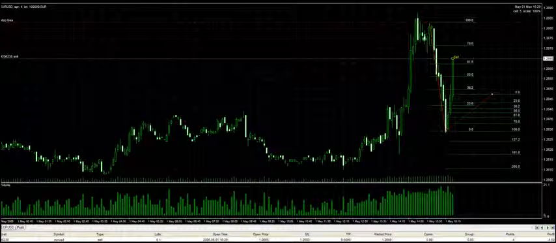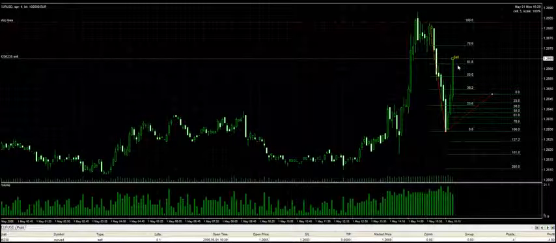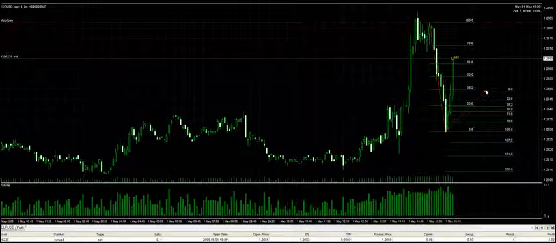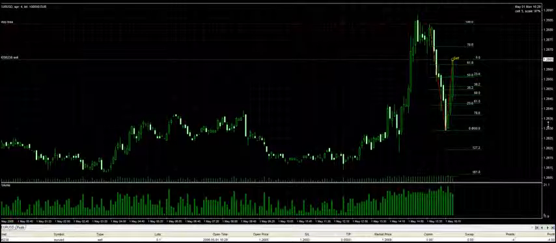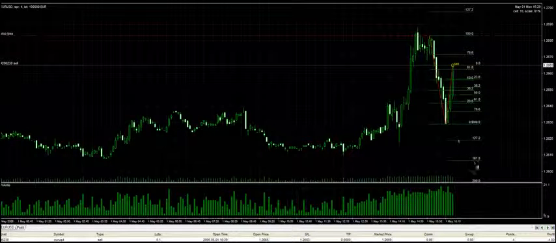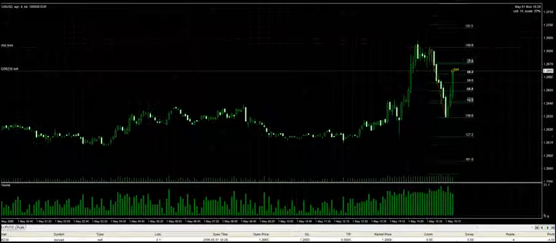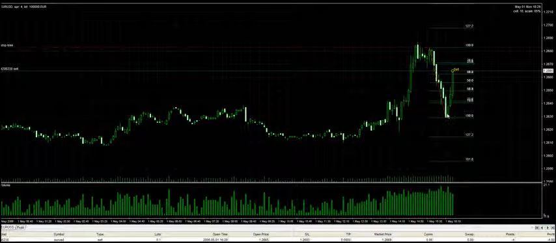We know that this is a 1, 2, 3, 4, 5. It's a truncated 5. This is an A, B, C. Or it could be a 1, 2, 3, 4, 5. It's two possibilities. Take the worst case scenario. That's the best way to trade: worst case scenario. And we'll just trade the 161.8 instead of the 200. 61.8. If it's ABC, it's really extended a bit too far,